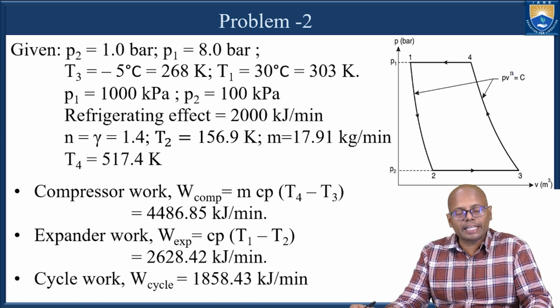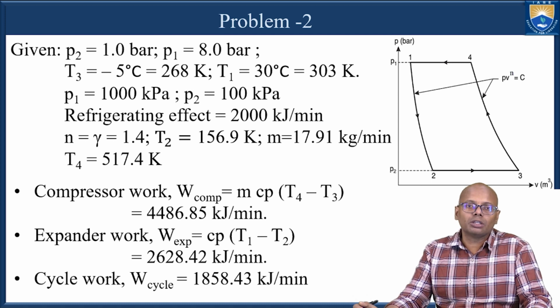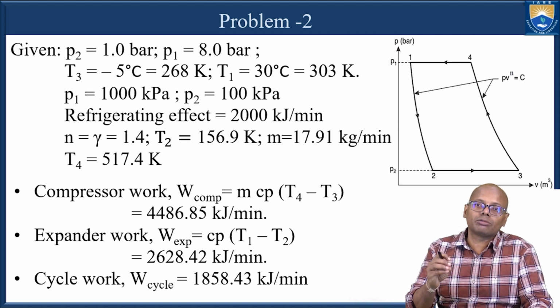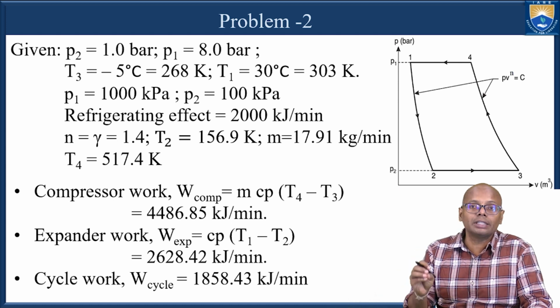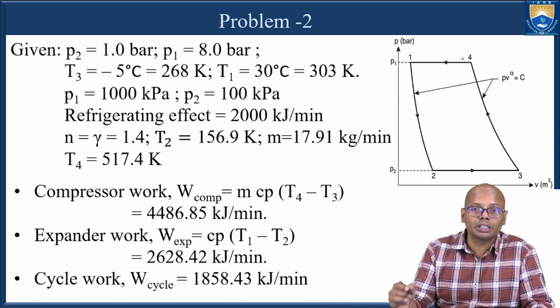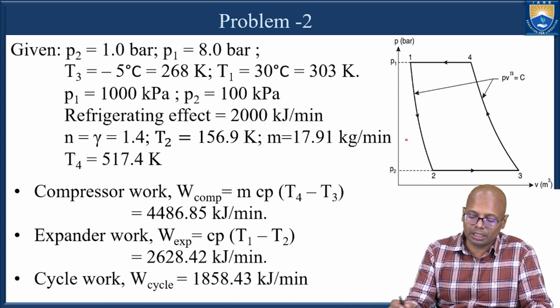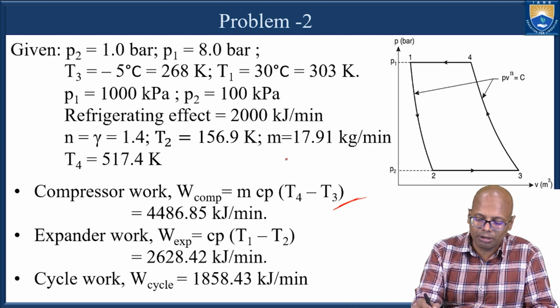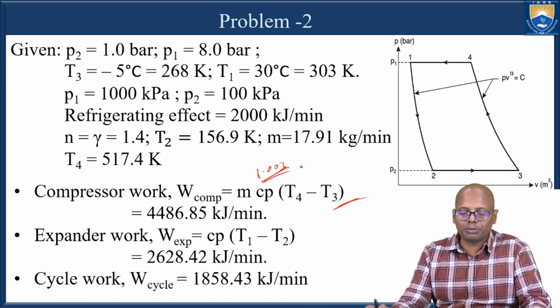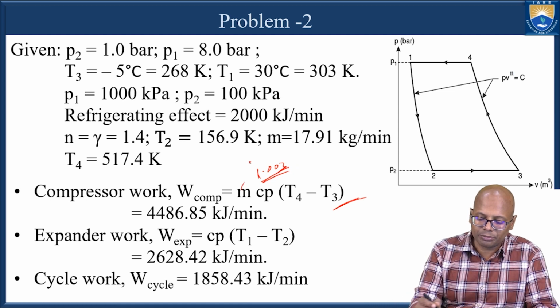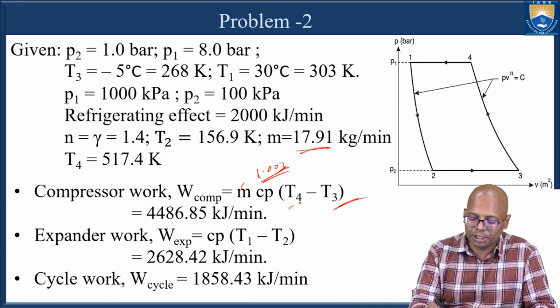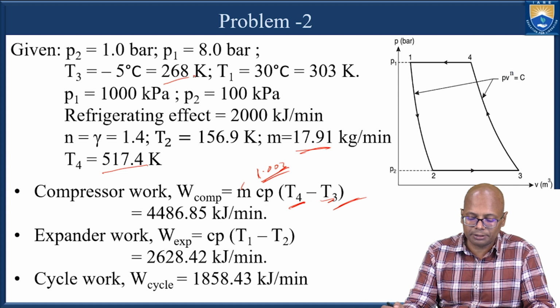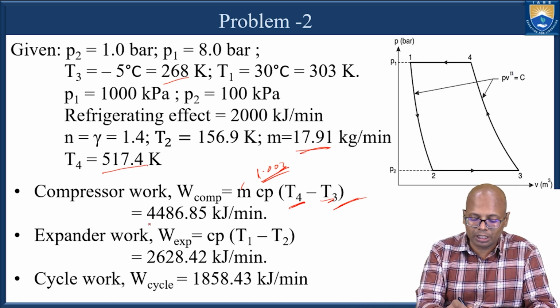Now I know the temperature at the inlet and exit of the compressor, and the temperature at the inlet and exit of the expander. So I can find out the work done. What is the work done formula? It is also equal to mCp delta T, because they are following the isentropic process. The work done during the compression and during the expansion are given by mCp delta T. So what is the Cp value? Cp is 1.003. Cp is 1.003 and m is 17.9, T4 we have already calculated as 517, T3 is 268, and if I substitute these values I will get the